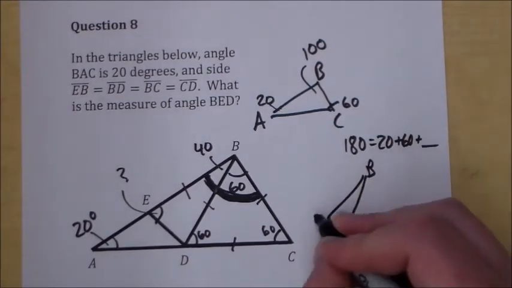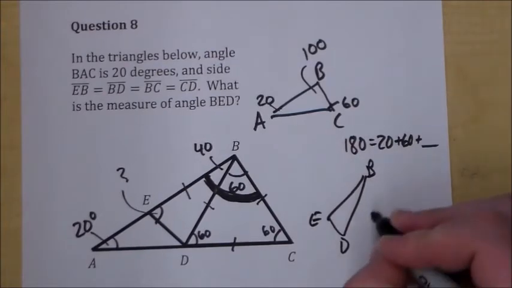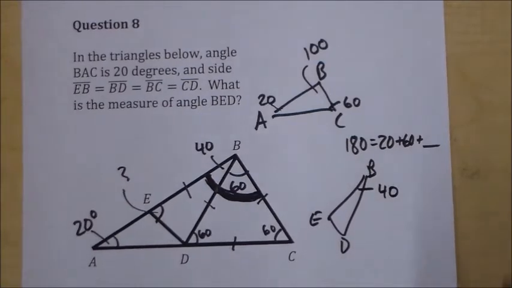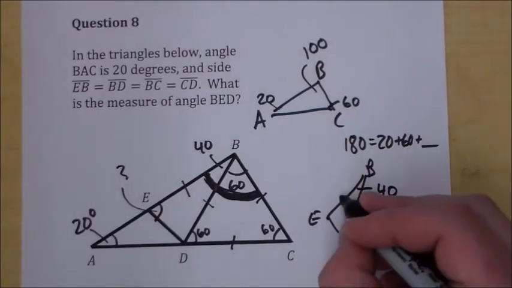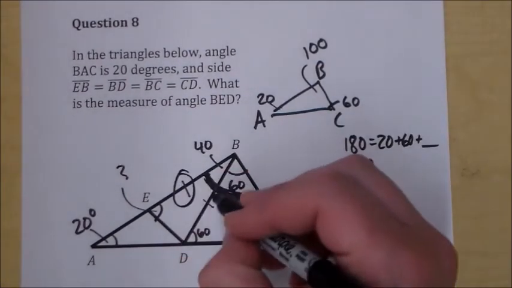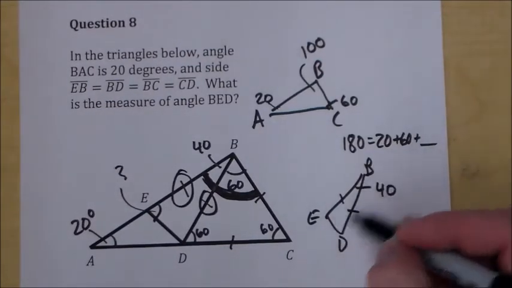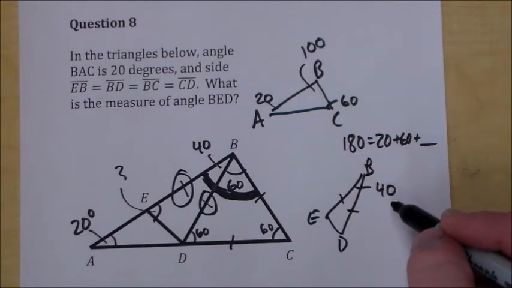Now we have B, E, D. And we know that this guy is 40. But what do we do? Well, we know this side is equal to that side, right? That side is equal to that side. So we have the magical, the wonderful isosceles triangle. It's a great friend of ours. It came back to visit. What fun. Okay, so BED equals